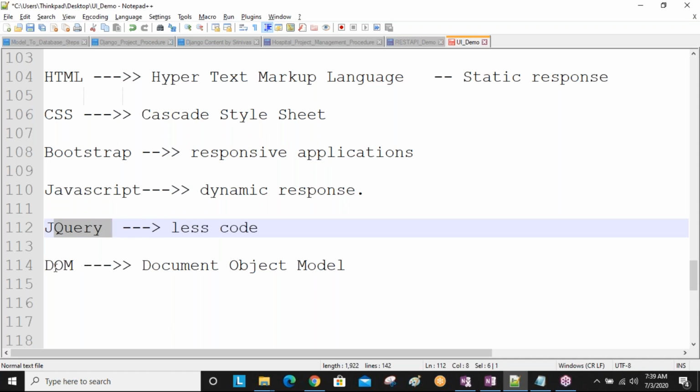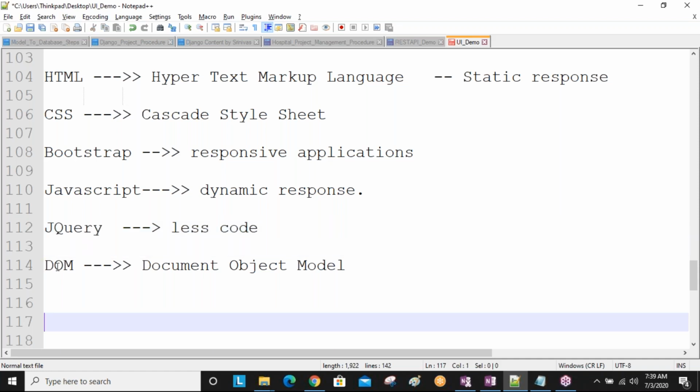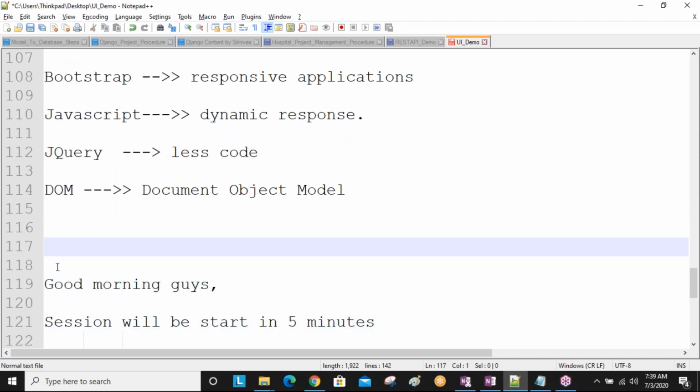Next, the DOM, the Document Object Model. By using this DOM, we get a lot of ready-made methods and ready-made classes. By using all these ready-made classes and methods, in less time we can easily handle our entire document. For example, I select one element, and for that element the top side elements, the bottom side elements, everything we can select.